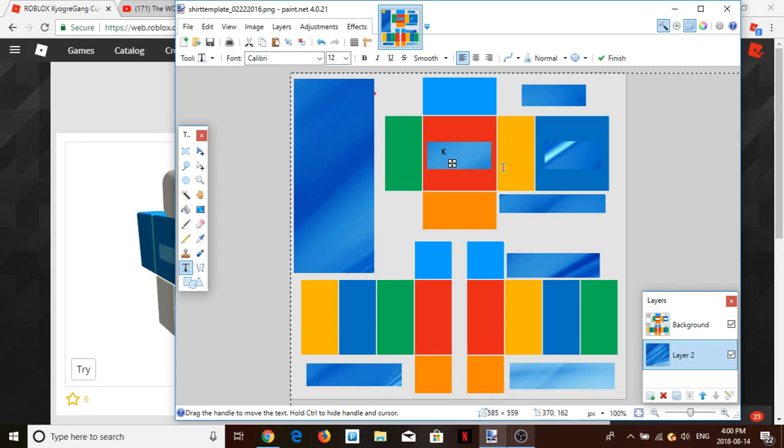Alright, that's basically all, and then you remove this background, and then you go to File, Save As, and if you want to post this on a Roblox group or your Roblox profile, you see Save As type right here. You want to click that. PDN stands for paint.net. So you don't want to